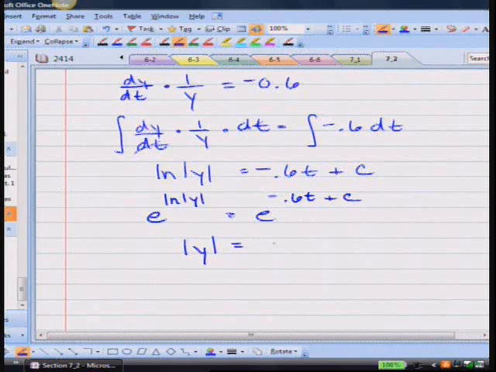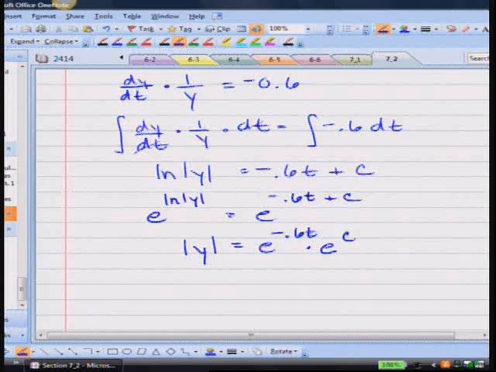And then this is just going to be e to the negative 0.6 t times e to the c, right? Because you can kind of think of it that way. And to deal with that absolute value, what you can do is you can say, all right, this e to the c